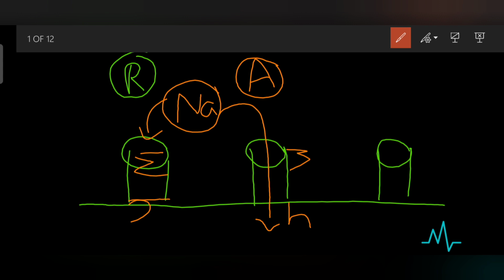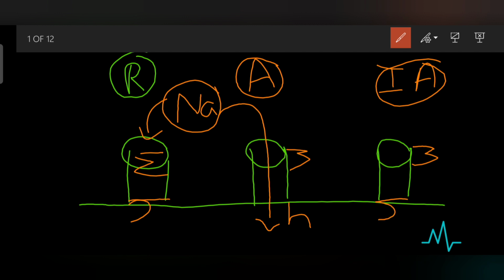Now the next phase is called the inactivated phase. What really happens in this phase is that the M gate remains open, but the H gate is